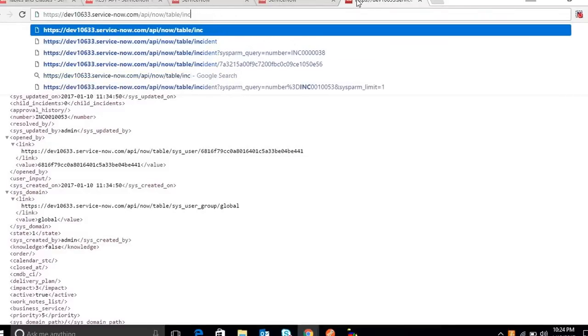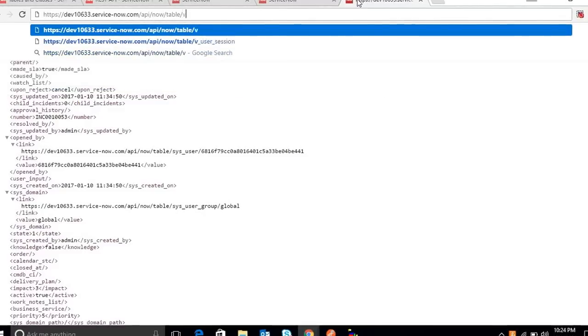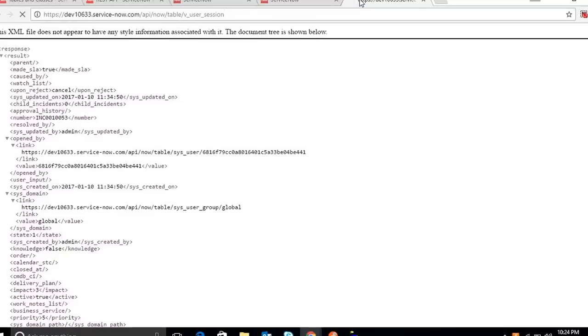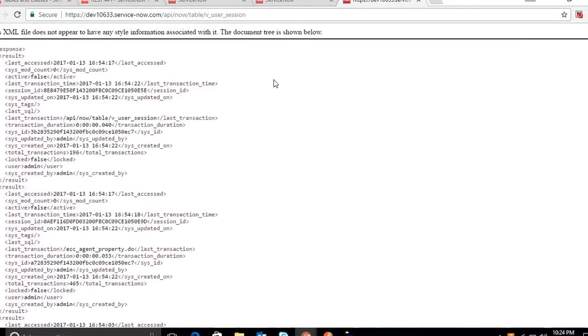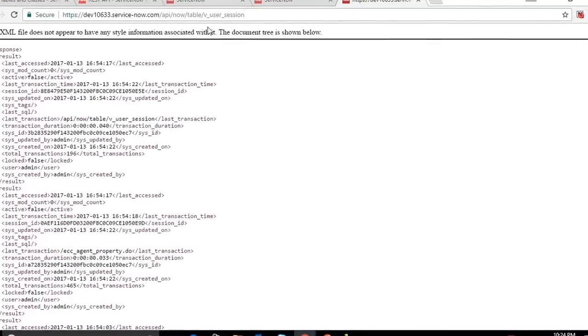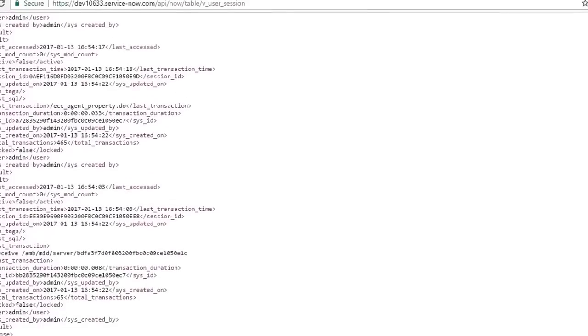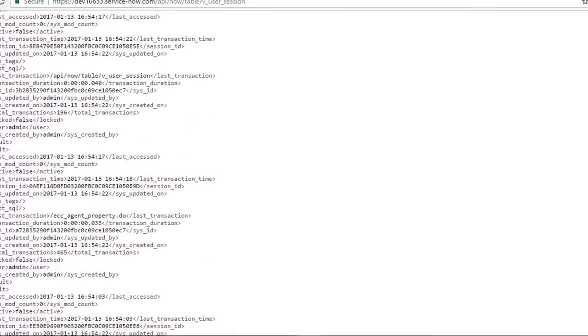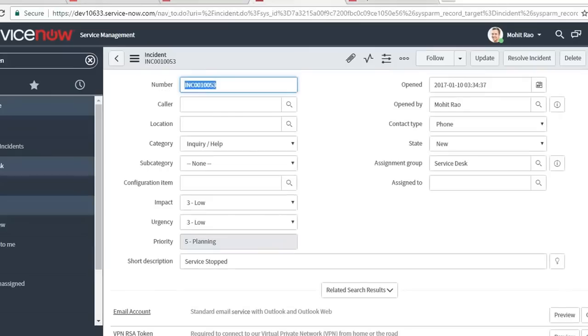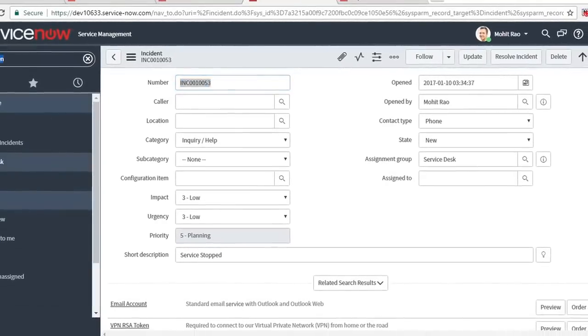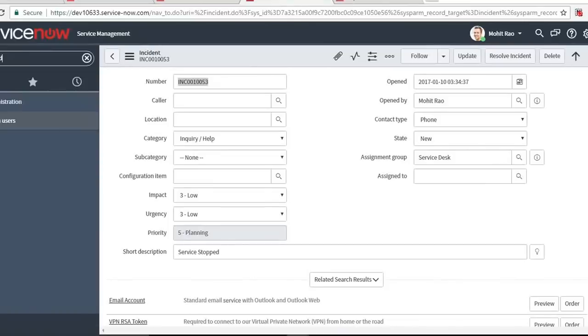To find out an active user, I will go for v underscore user session. Using this, you will find who is active in ServiceNow. That means who is logged in to ServiceNow. So I'll go for logged in users.